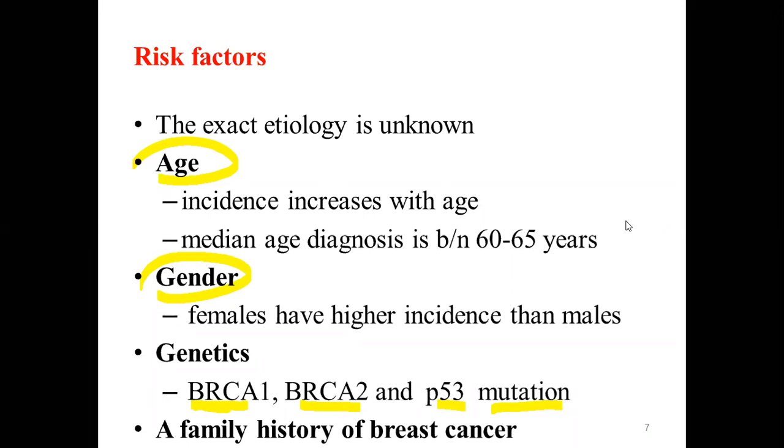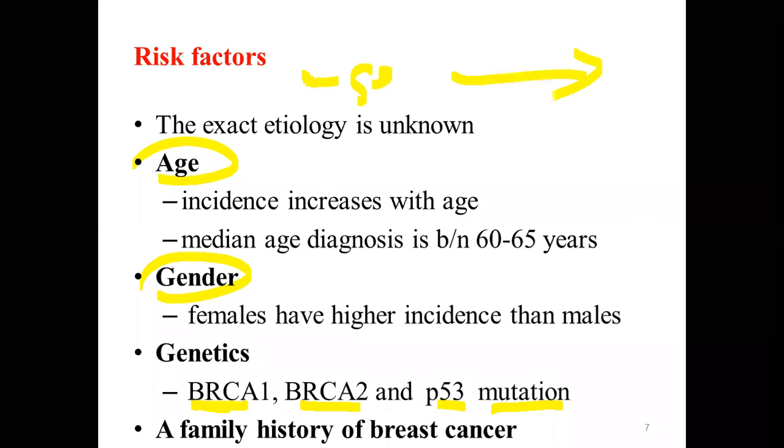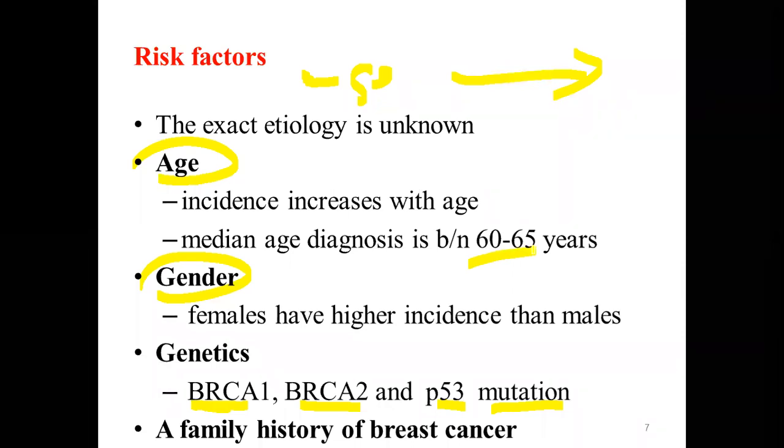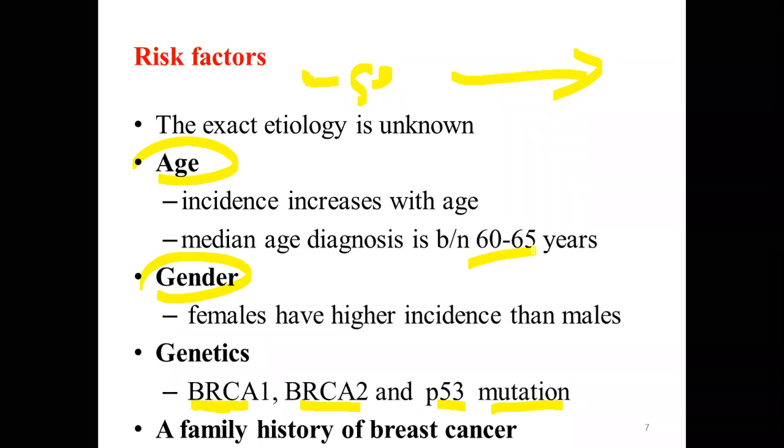Okay, apart from that, age is actually, by the way, the more we age, the higher the incidence of cancer. For any type of malignancy, as we age, the probability of getting cancer is very high because the transformation from early stage, the genetic mutation, to malignant transformation will take a longer time, unless the patient is high risk. Because of that, the mean age of diagnosis is usually above 50 years old. So the incidence increases with age.